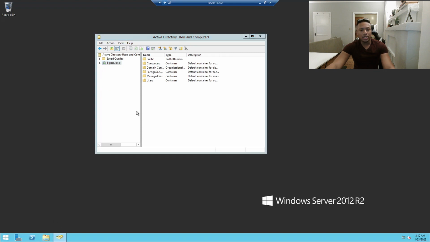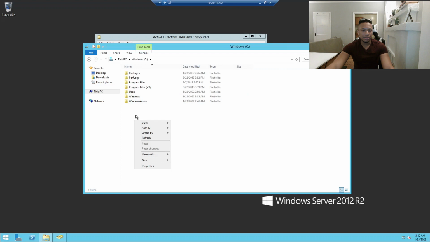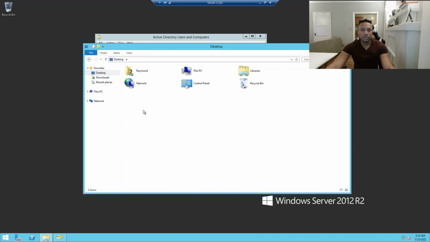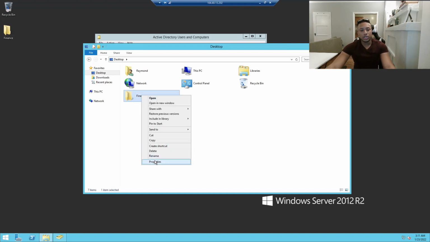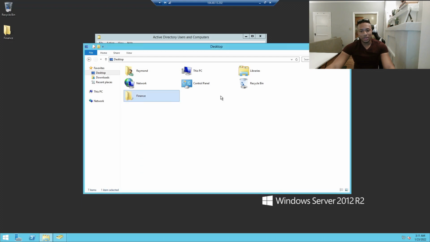So really quick, let me go ahead and create a folder. It doesn't matter. Let's just make a random folder. Actually, let's make a random folder on the desktop. Let's just name it, let's say, finance folder. I'm just doing this. Usually you wouldn't do it this way. I just want to demonstrate how it works. All right, so